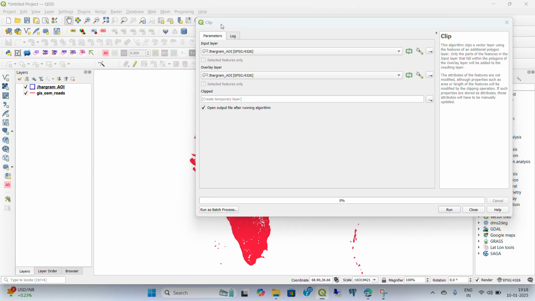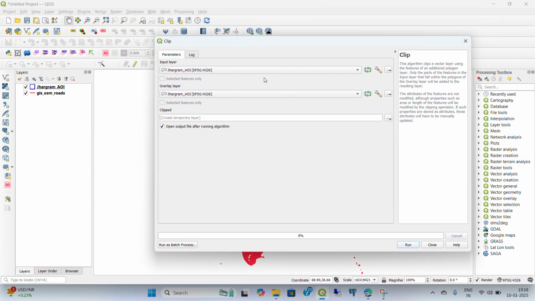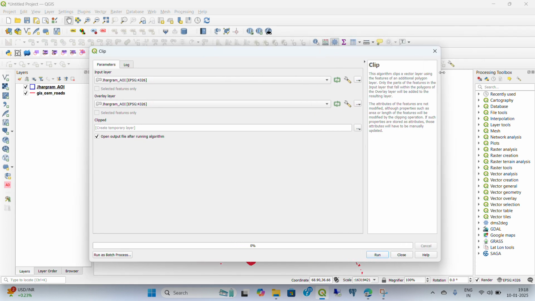Then you have to click Clip, and the Clip panel will open. This is a vector layer clipped using features in an additional polygon layer. Only the part of features in the input layer that fall within the polygon of the overlay layer will be added to the